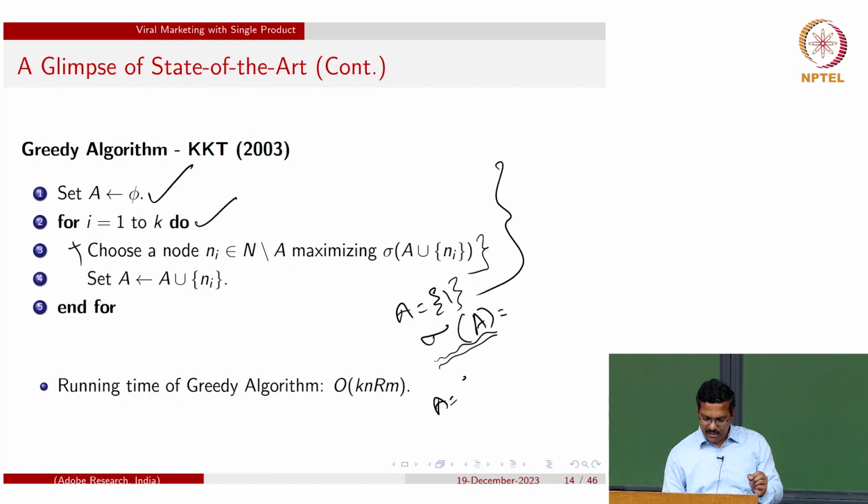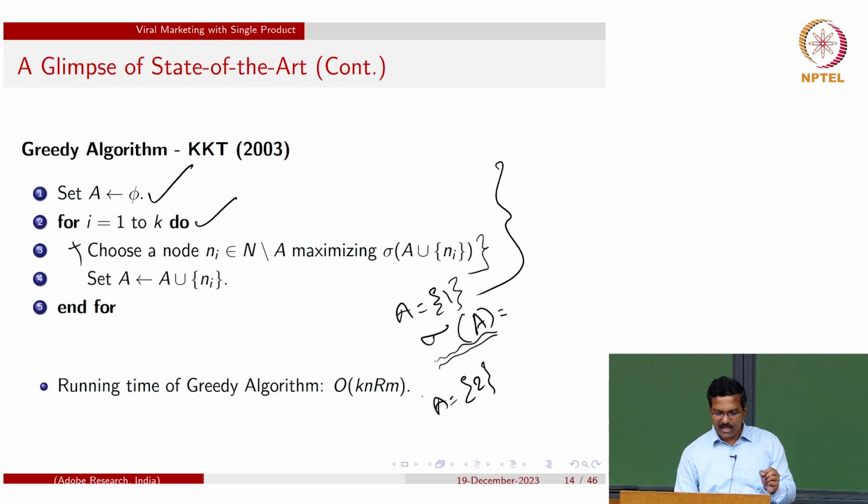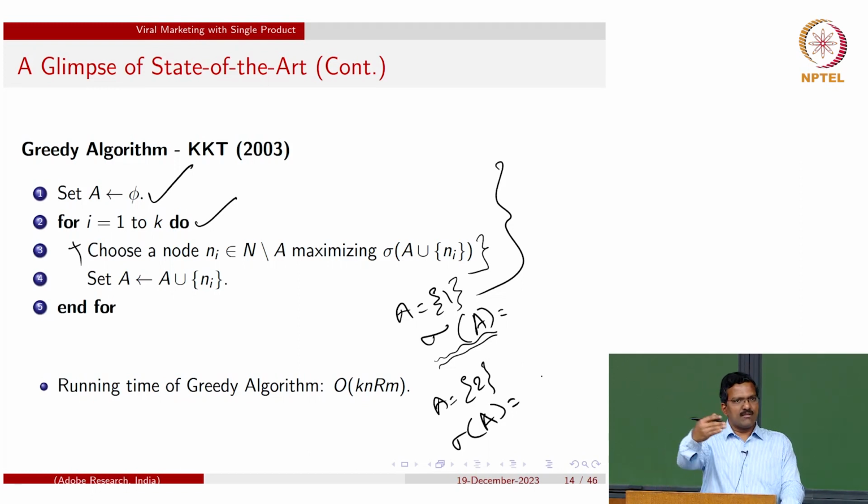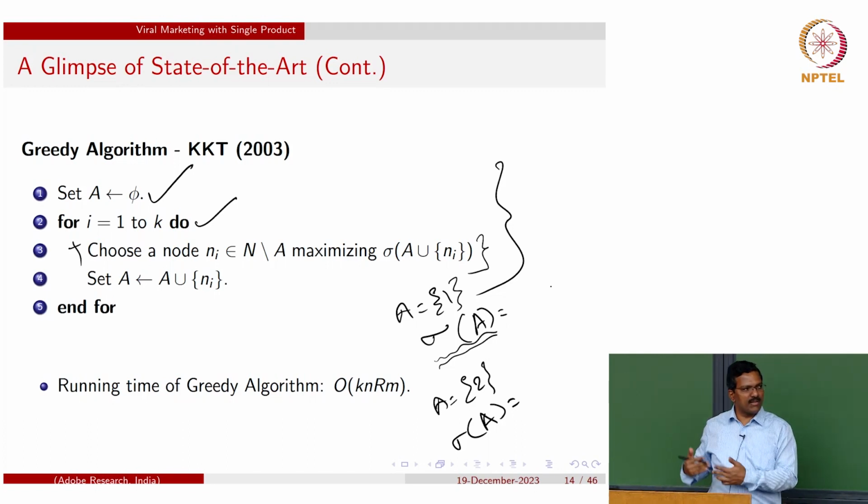Now I will keep the second node. If I keep the second node as active, what is its expected activation? Repeat this process for all the 100 nodes. Then how do you select the top first node? For each of these 100 nodes, sigma of first node, sigma of second node, sigma of third node, etc., sigma of 100th node you calculate. Whichever node has the highest sigma value, take that node and you activate it.